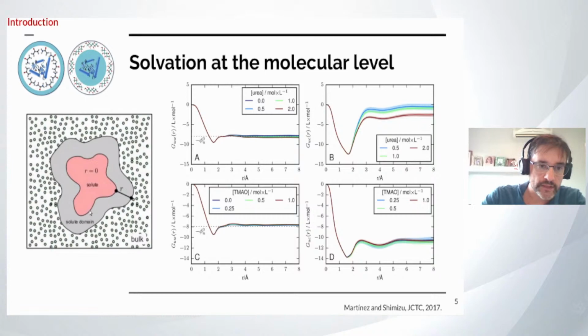For example, this is the protein. This is a region around the protein, which essentially encompasses everything in the solution that the protein affects by its presence. So what we are calling here the solute domain is the region of the solution in which the molecules that are present are affected by the presence of the protein. So we know that both urea and TMAO interact with the surface of the protein, but this does not necessarily mean that urea will be in general